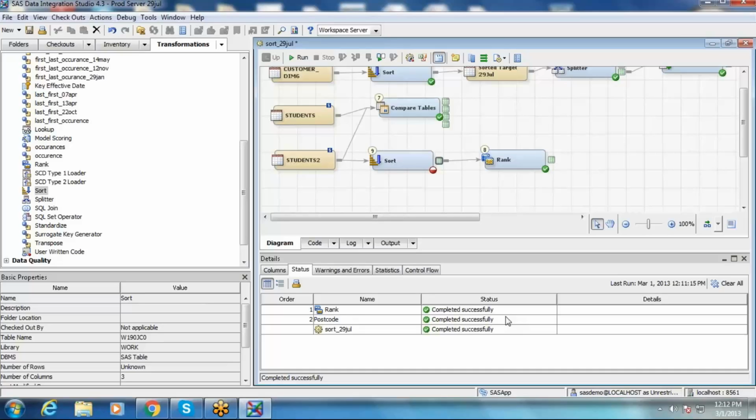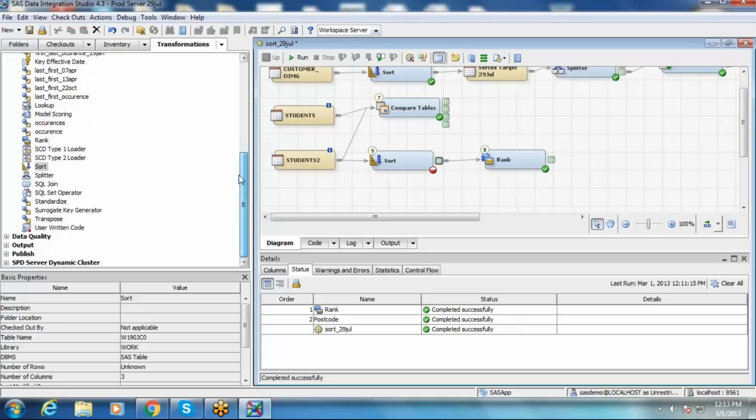Clear? Any questions? Okay, cool. Now moving on, what are some basic transformations?